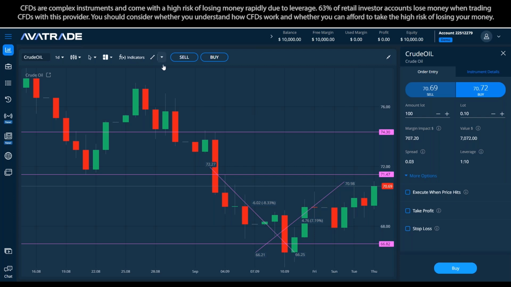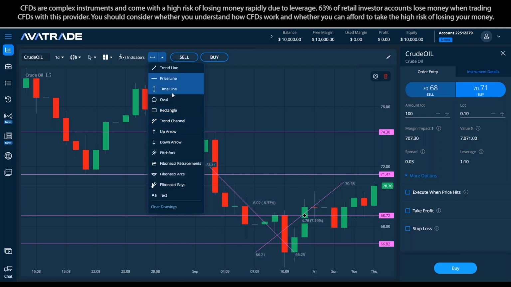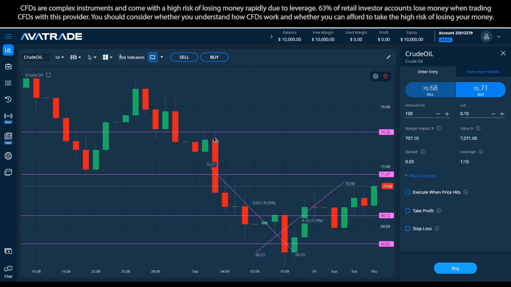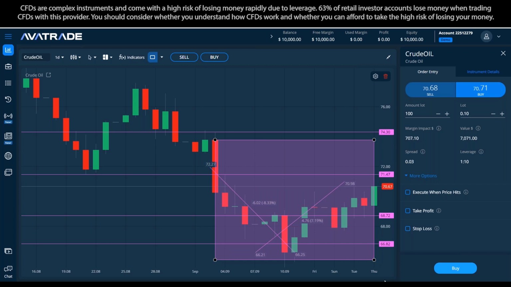So if I'm putting a line right in the middle of where it started, which is roughly the price that oil has been across the most, if I'm taking all this area here as an example,